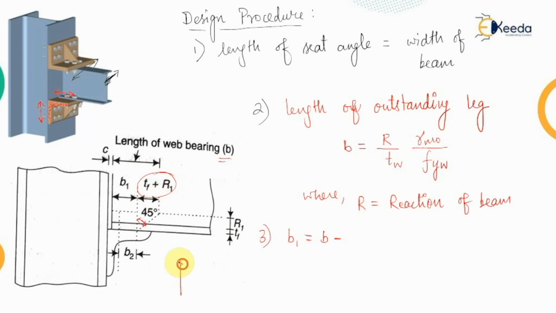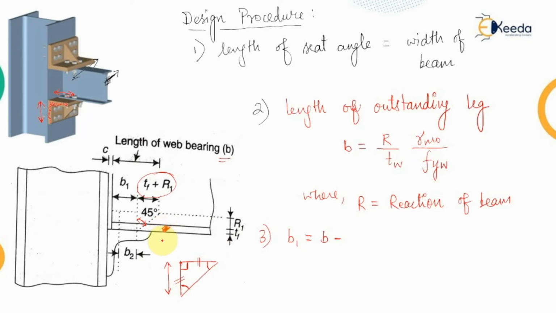Now what will be this factor? For this we will consider the right angle triangle. Here is the angle of dispersion that has been kept as 45 degrees. This is the perpendicular, so that will be a 90 degree angle. So the remaining angle is also 45 degrees, which means these two sides will be equal to each other. Now this vertical side is equal to the thickness of the flange, since this is the flange portion of the beam.